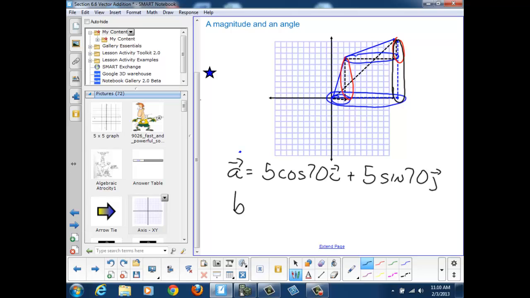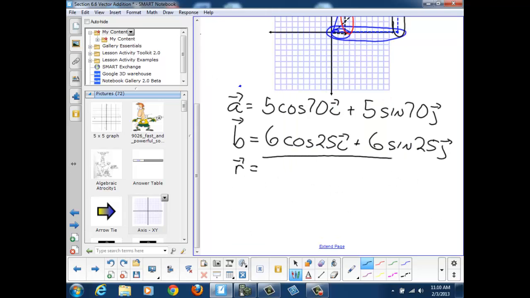Vector B was 6 at 25 degrees, so we just quickly break that down: 6 cosine 25 i plus 6 sine 25 j. And to find our resultant vector R, we just add the components. So we get the sum of these, which turns out to be